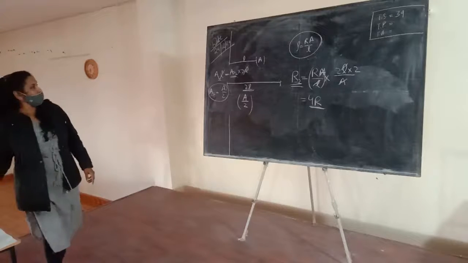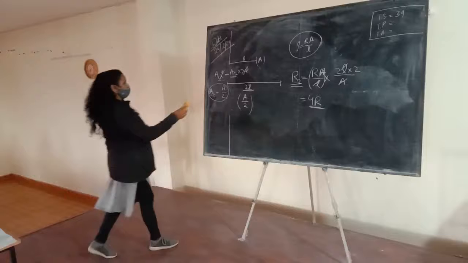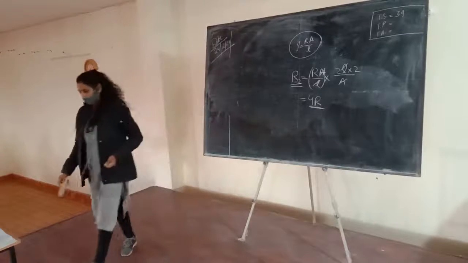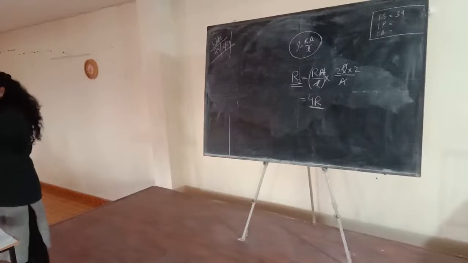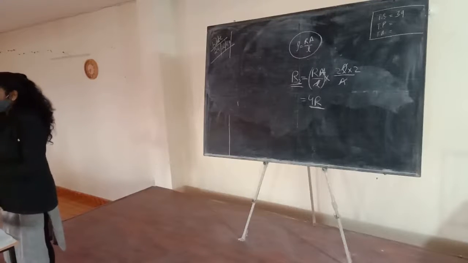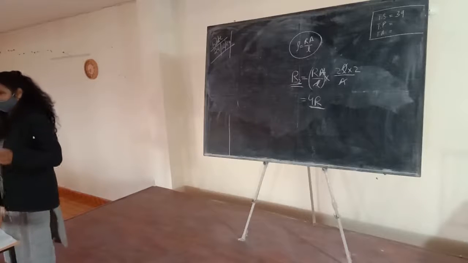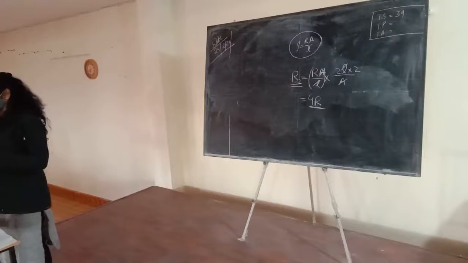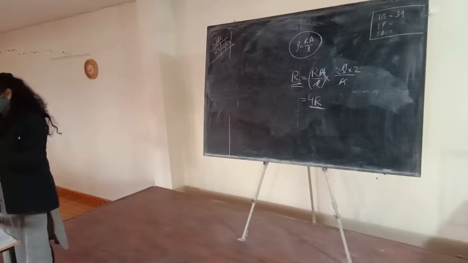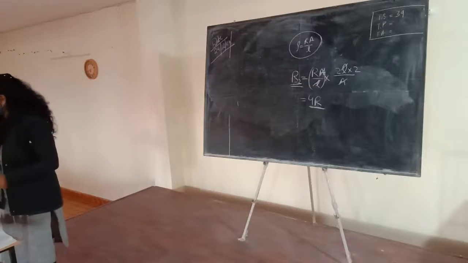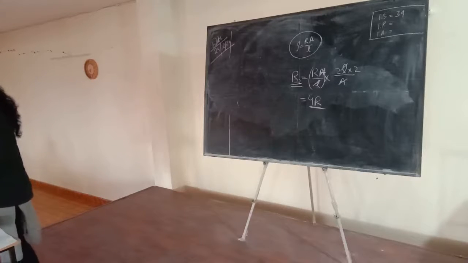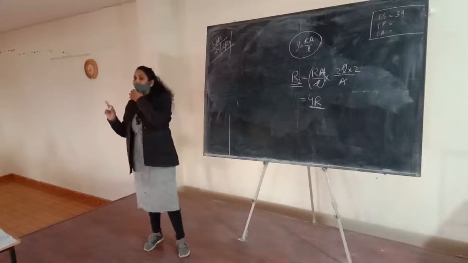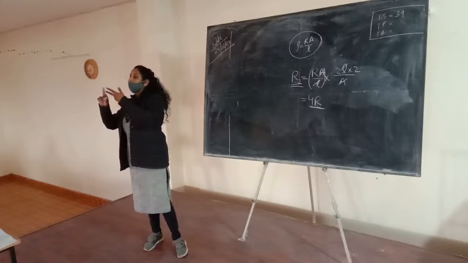Joule's law of heating. According to Joule's law of heating, the heat produced in a wire. You know why heat is produced in a wire? If you flow charges through the wire, since it has some resistance, the electrons which are moving in the wire have to do some work for moving in it. And this work actually converts into the heat produced. So by increasing the current, we can increase the heat produced.